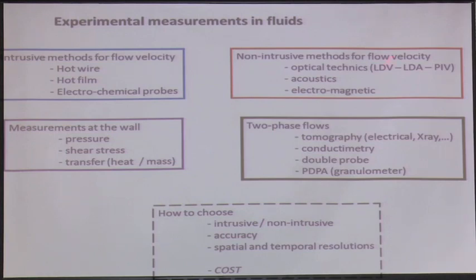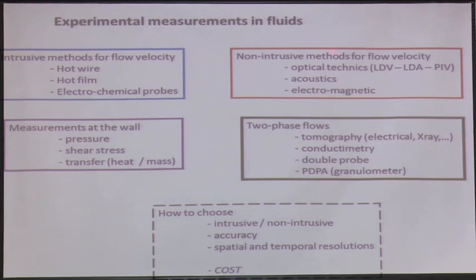And then for measuring flow velocity, since maybe 20 years, people have developed non-intrusive methods, and they are based, for example, on optical techniques. So instead of inserting an object which is going to measure something, you are going to look with a camera or with another system, an optical system. You are going to look at something, so you measure, but you don't touch, you don't modify. Of course, it's much more acceptable, because much more suitable, because you are not going to disturb the flow.